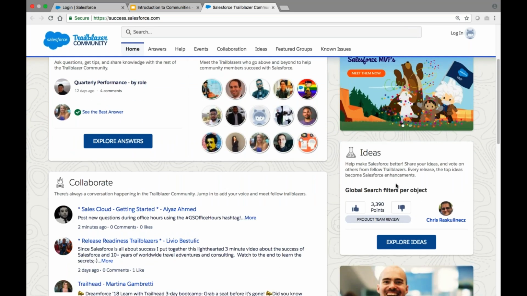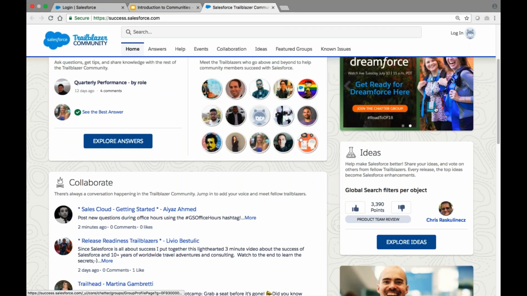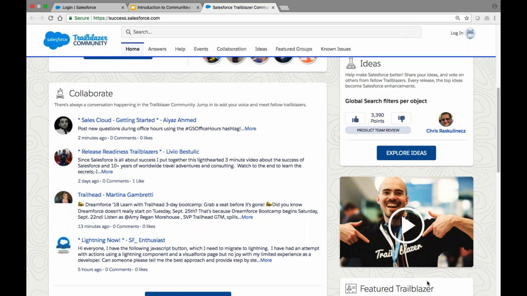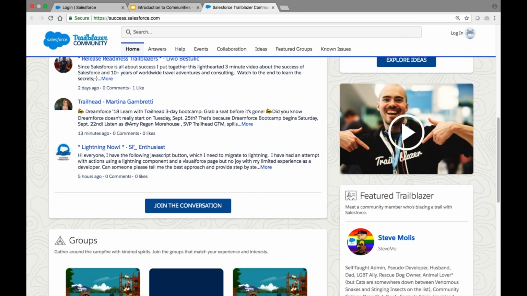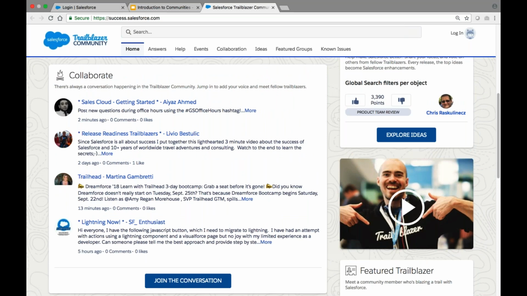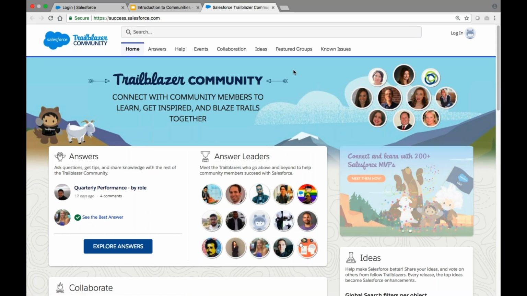And then on the right side, you have an ideas section where people can post and talk about ideas. And then you have some video sections here on the right side where people can post videos. And finally, a featured Trailblazer section at the bottom right. This is just one example of what you can do with communities.